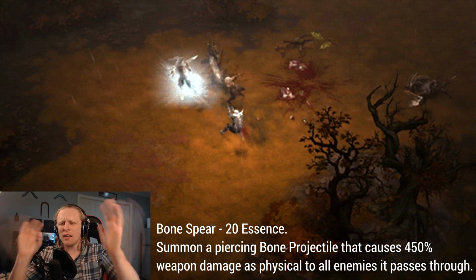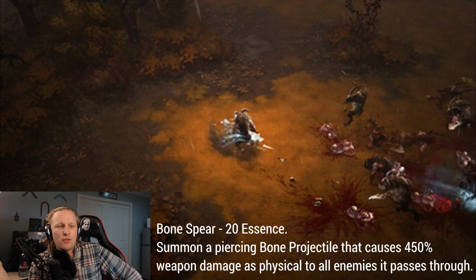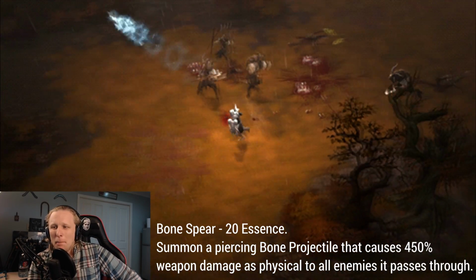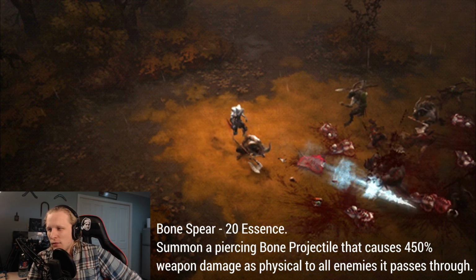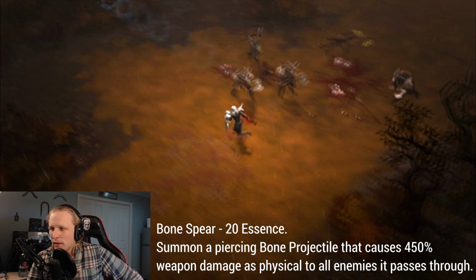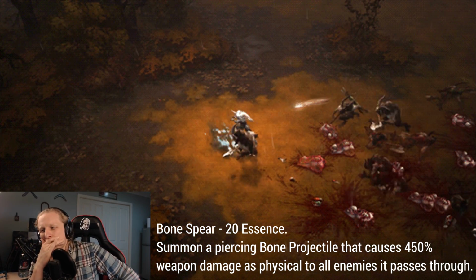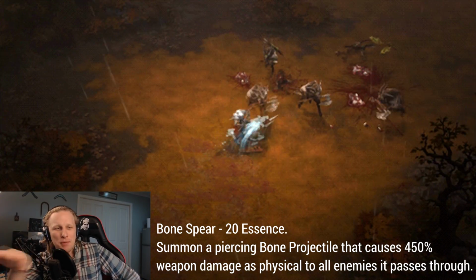So now those little ice balls we're looking at, that's called Bone Spear. This is from D2. The way it works is it costs 20 essence. It summons a piercing bone projectile that causes 450 weapon damage as physical to all enemies it passes through. So that's pretty good. It's just like a frontal line attack. Passes through enemies. Unruned, remember, I'm sure they can do lots of stuff like make it bounce, make it bigger,